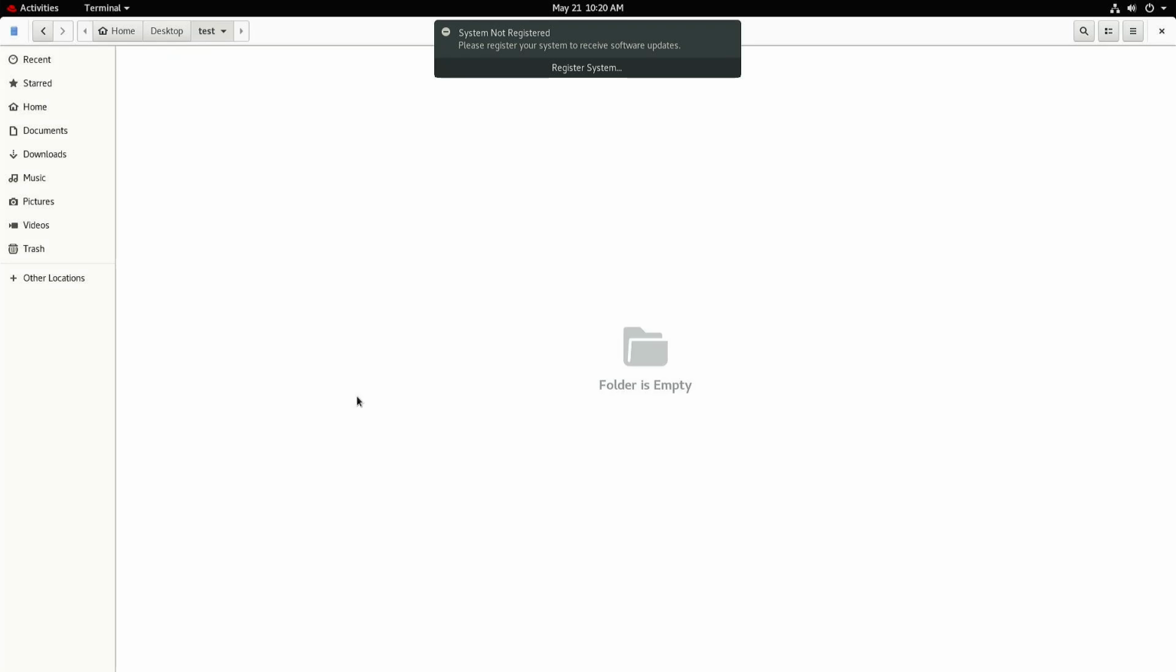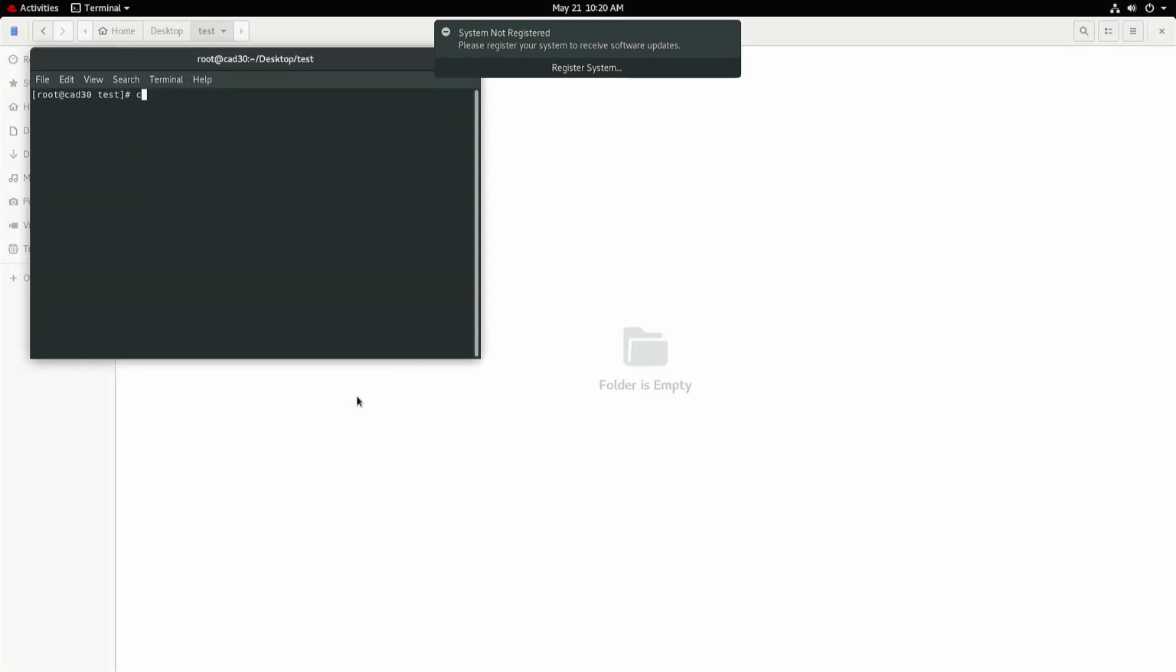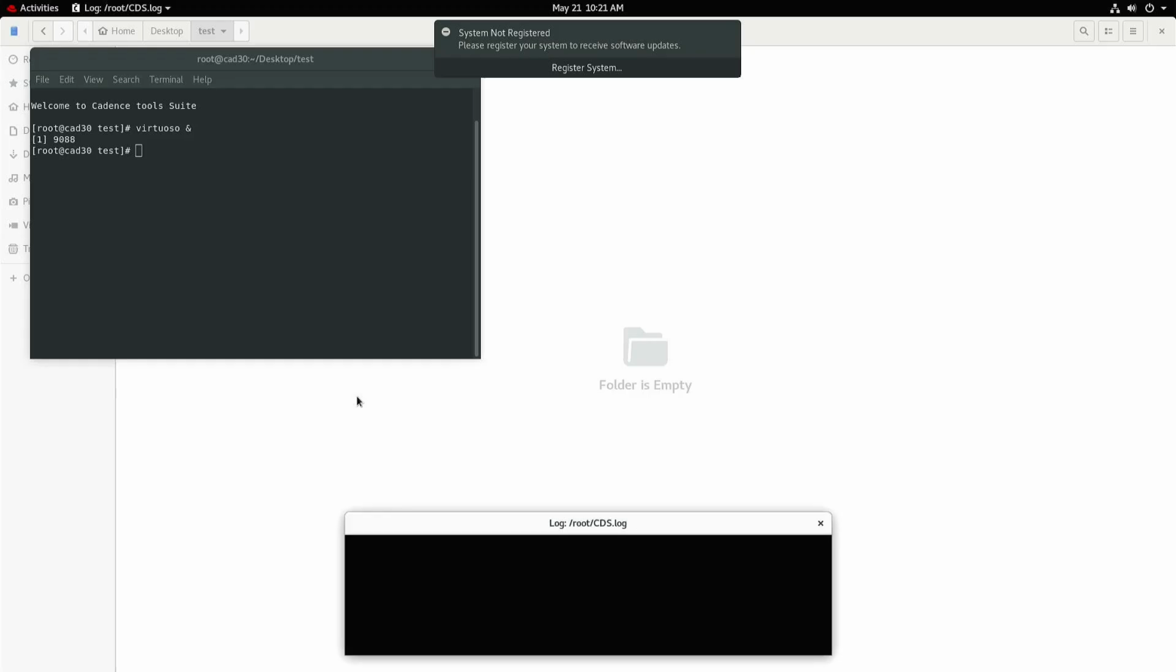To open the tool, first open a terminal, then press CSH, then source the CSHRC file with the command source space /home/install/CSHRC. That will open the Cadence tool. Then open the Virtuoso tool by typing the command Virtuoso space ampersand. Then it will open two windows,